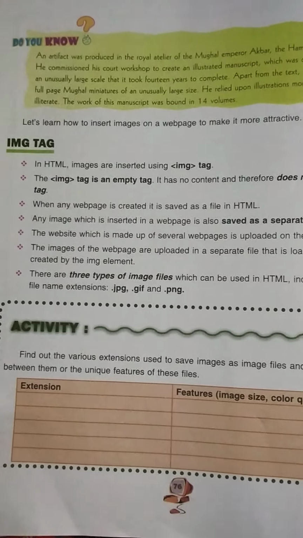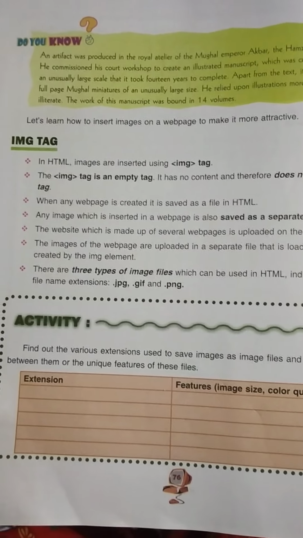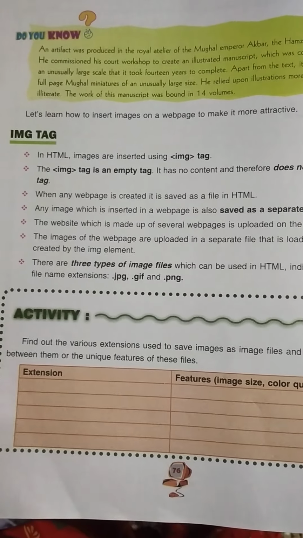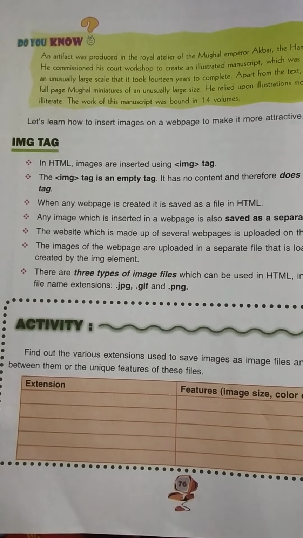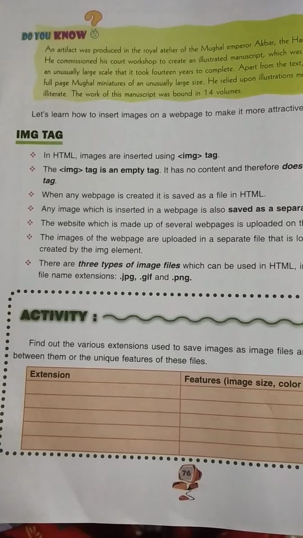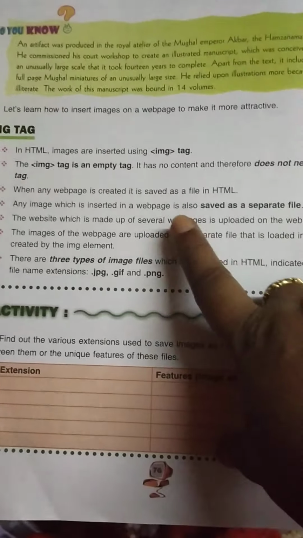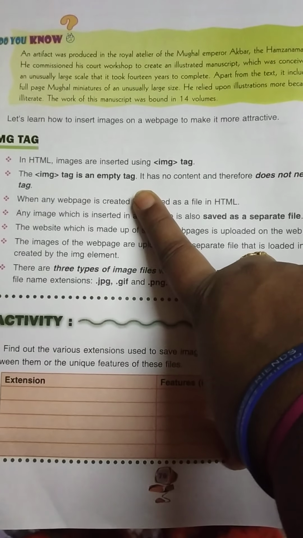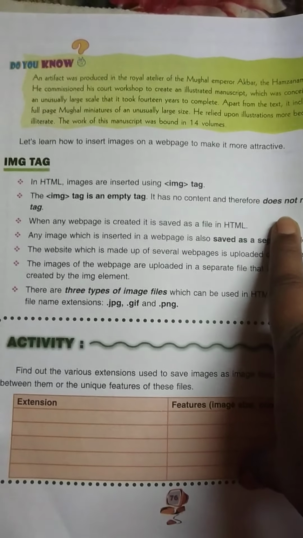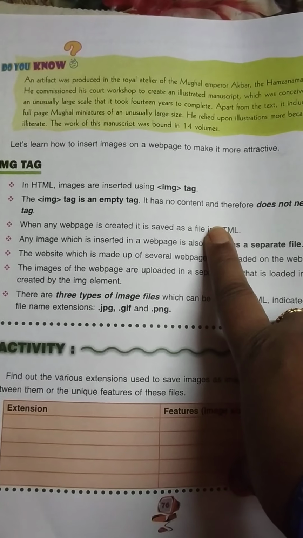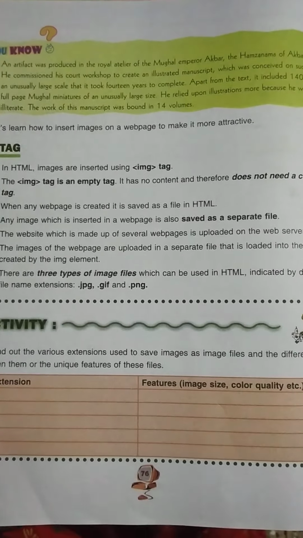So in this chapter we will be dealing with the image tag. You have learned about the break tag, the HTML tag, the body tag. Under the same structure of an HTML program, inside the body tag we will be inserting another tag that is known as the image tag, the img tag. It is an empty tag. Empty tag means, as we already know, that it does not have a closing tag or an end tag. Whenever a program in HTML is created, it is saved with the .html extension.